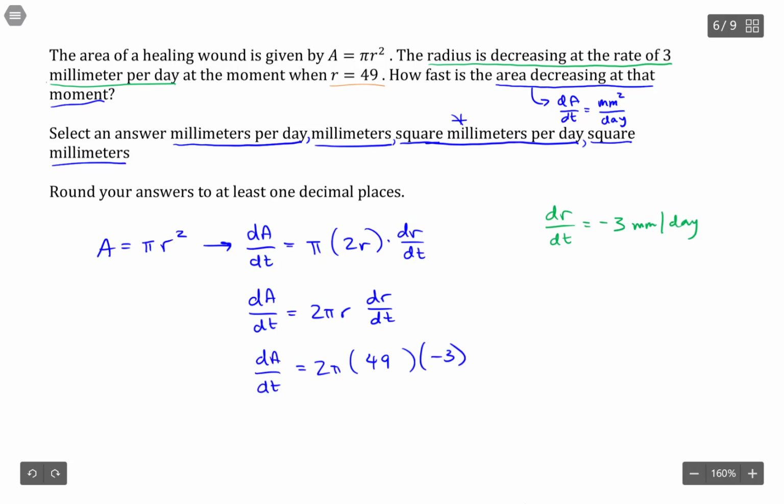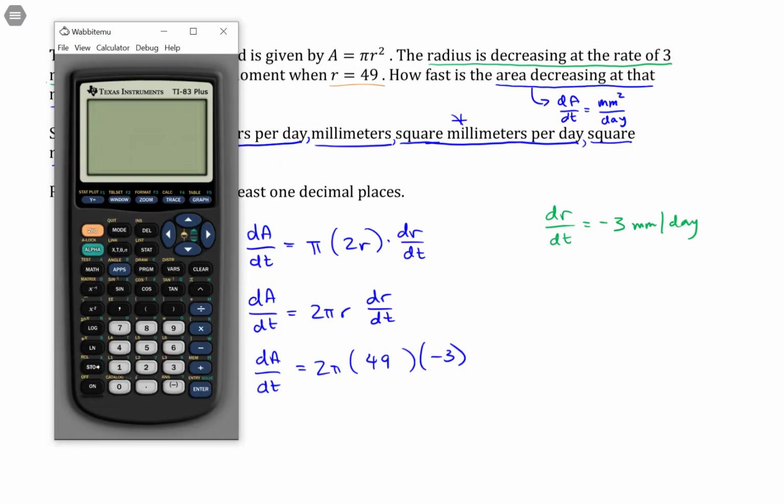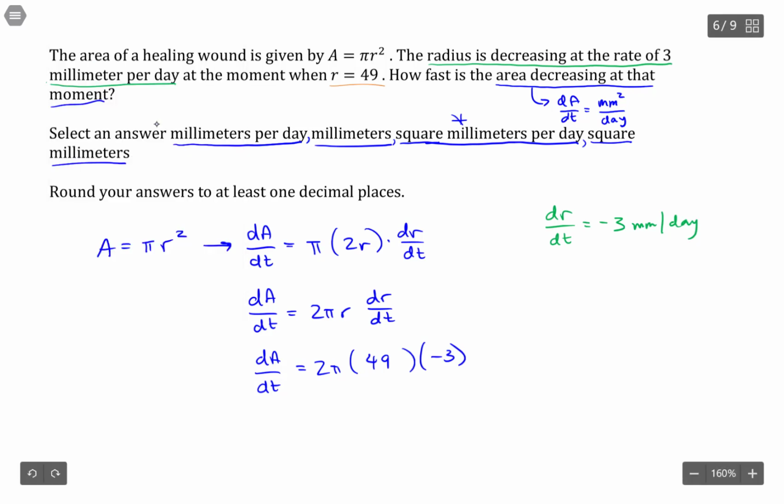And now we have an ability to solve for dA dt, for which I'll just use the calculator. So 2 pi times 49 times -3, and that gives me -923.63. Is that how many decimals? One decimal, okay. So approximately -923.6